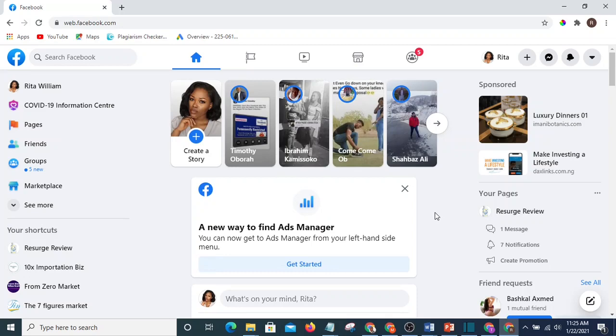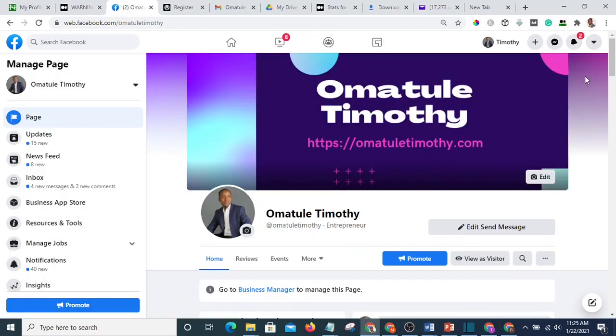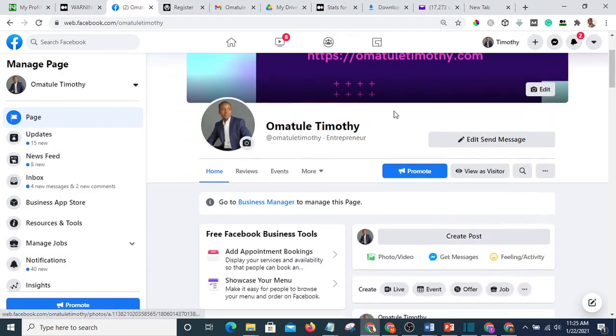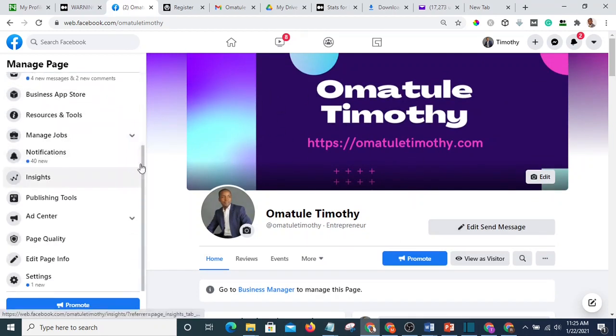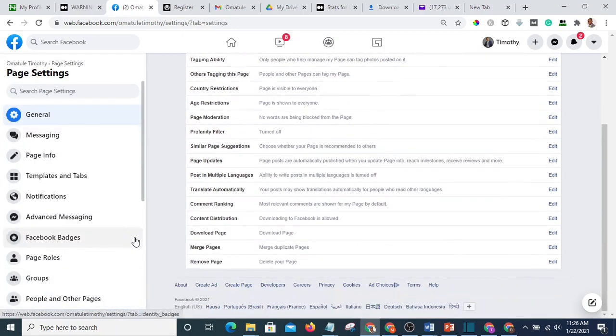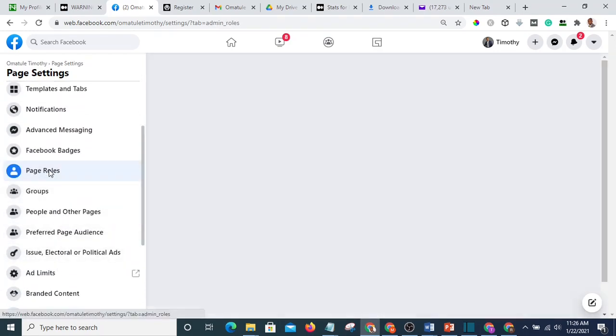Now, I've gone to the page admin. Let me show you. Okay, so once you have sent a request like that, you will now go to the original creator of that page. That's the account that you used to create that page. You now go to the setting. You go to the setting, then you go to page role. This page role,